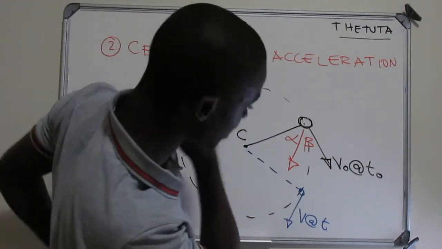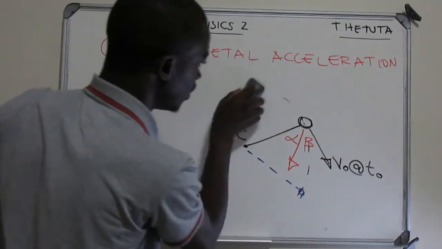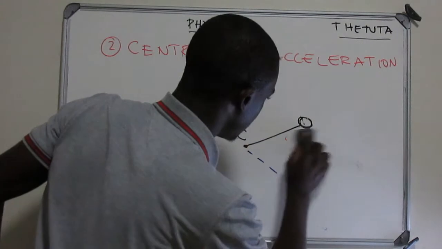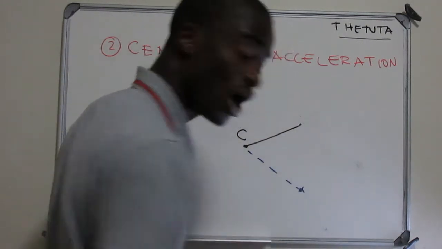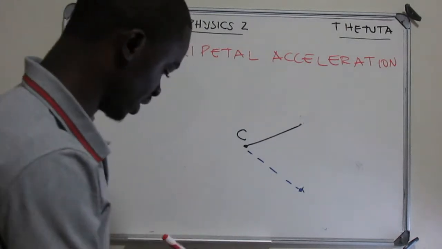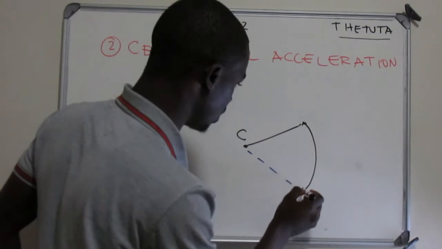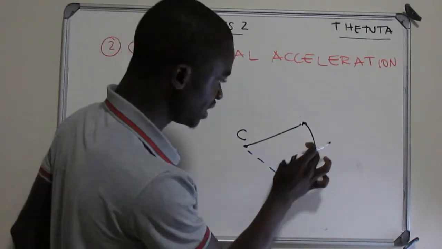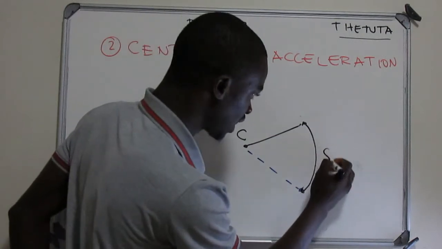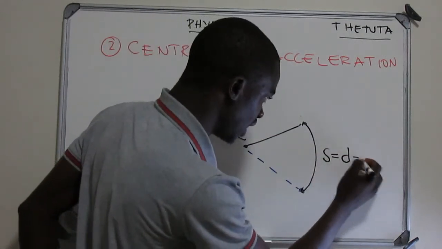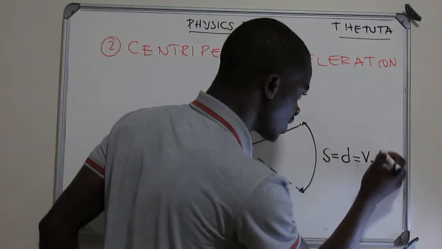and understand how we get our formula. So we come here, we remove this part, and then we're going to prove the formula of the centripetal acceleration. Okay? So the first thing we have in mind is, remember, we have a circular motion. In the triangle, this is the arc length. The arc length is the same as the distance. And the distance is given by what? The velocity times the change in time.